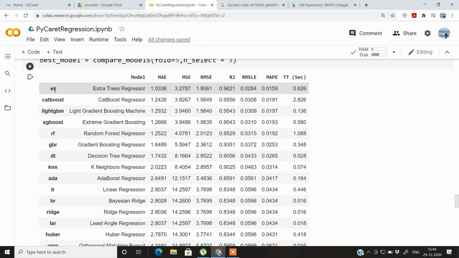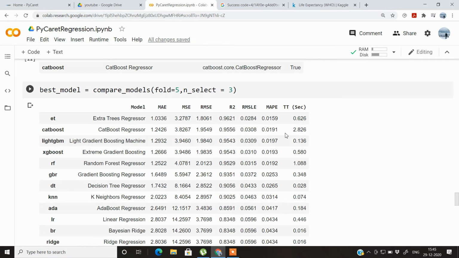The top performing regressors on this data were ExtraTrees, CatBoost and LightGBM. So these were the top 3 performers, and you can judge their performance based on the R2 score and also the RMSE. That depends on which kind of metrics you are using for your project. Generally RMSE and R square are taken into consideration.